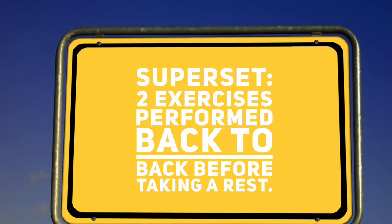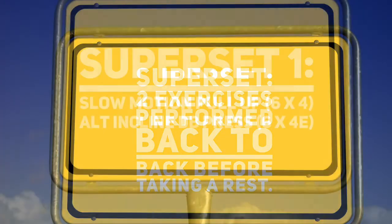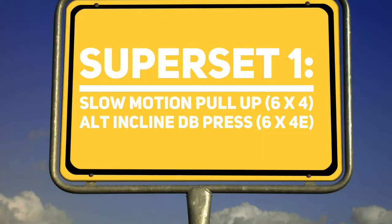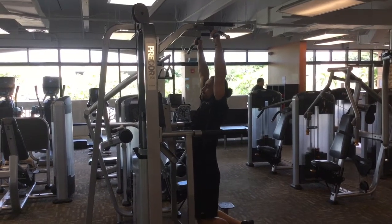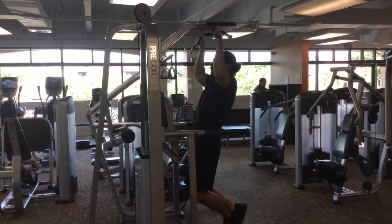A superset, just so it's important to know, is 2 exercises performed back-to-back, and our first superset is slow-mo pull-ups with an alternating incline dumbbell press. 6 sets of 4 for the pull-ups and 6 sets of 4 each for the incline